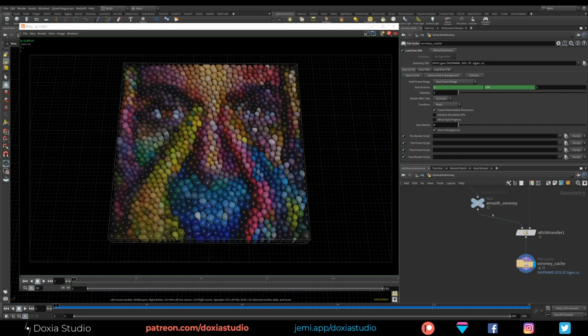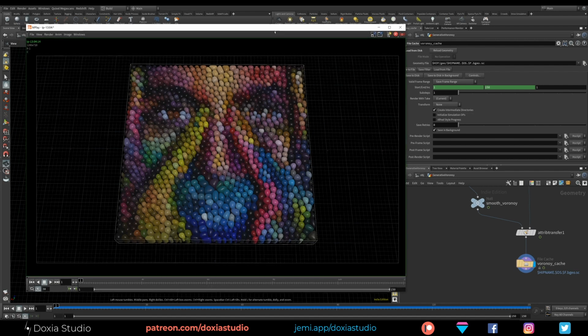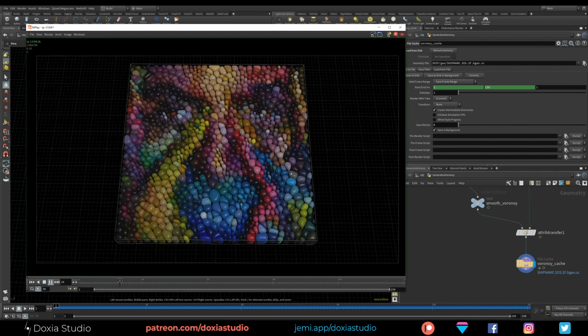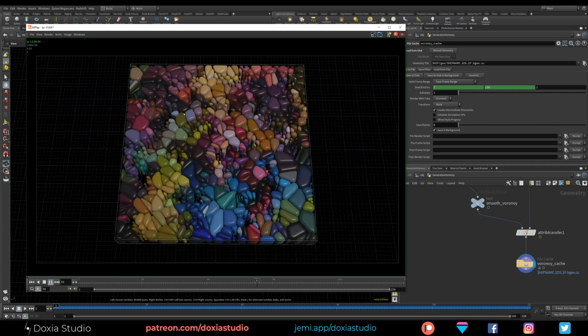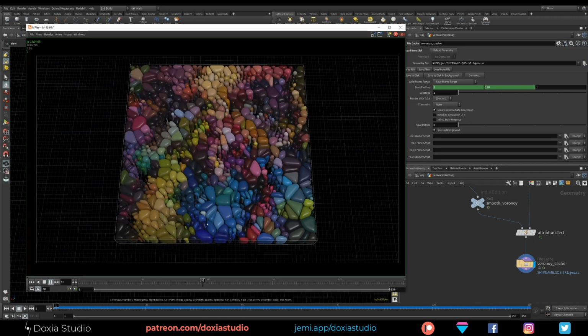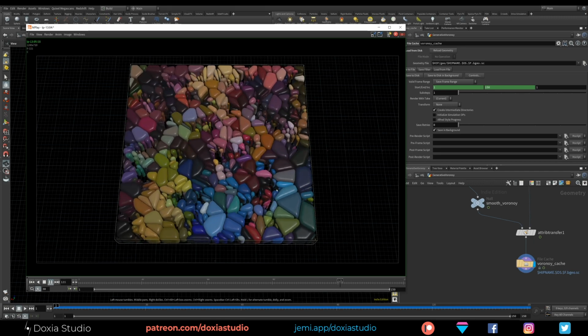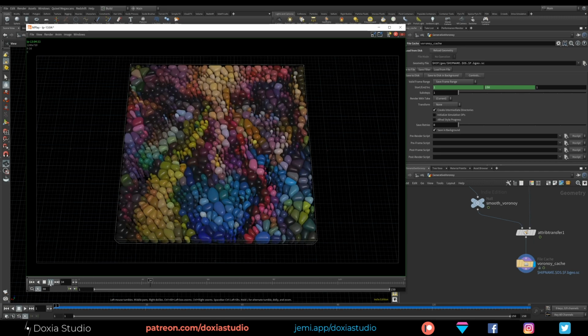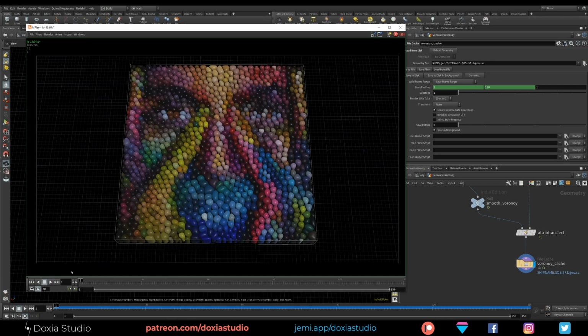Okay, so I've got everything cached, and I did a simple flipbook to see the result in real time. So here we have our Voronoi, pretty cool, this organic movement, right? And as you can see, our pieces are moving with the colors. So now you ask, why this?